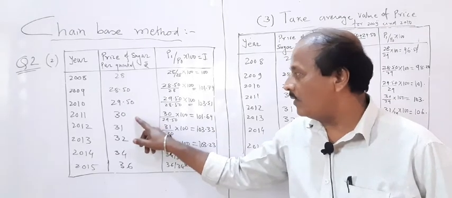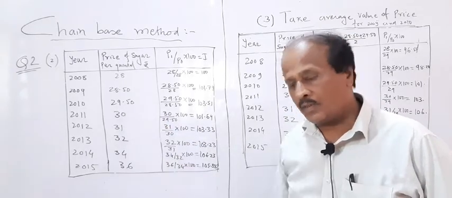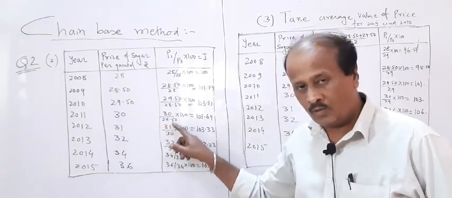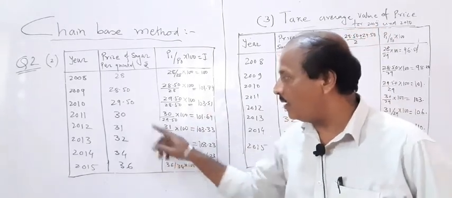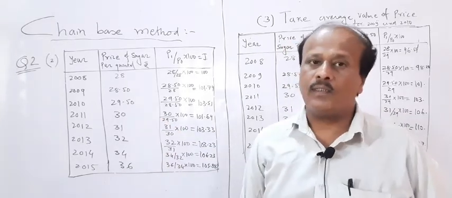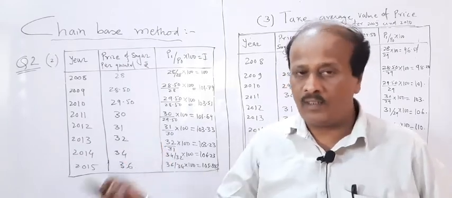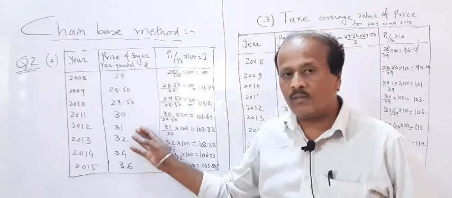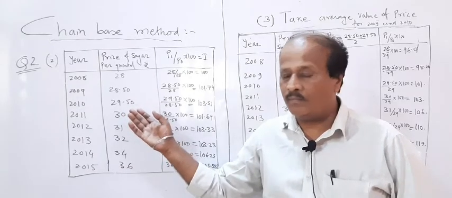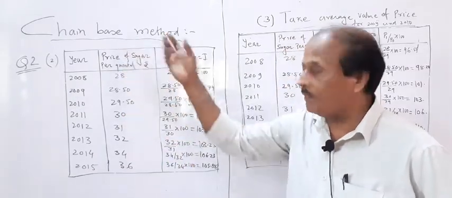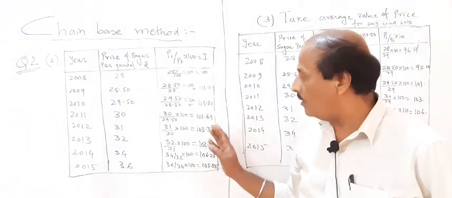Then 30, the present price, the current year's price, divided by the previous year's price. So 29.50 will be in the denominator, multiplied by 100, and you will get the answer. Similarly, 31 divided by the previous year's price. So chain based method is nothing new; only here the denominator will not be fixed. In the earlier method the denominator was fixed; now your denominator will change, and the value of the denominator will come from the previous year's successive method. So it's a chain based method. Calculate this by yourself, check the answer, and use a calculator for the calculation.